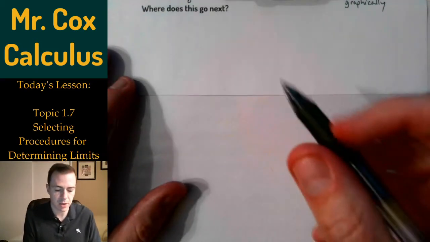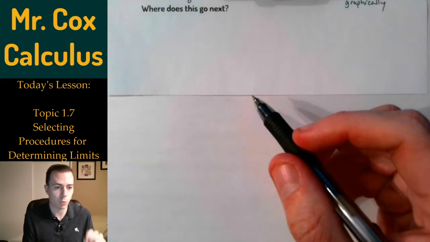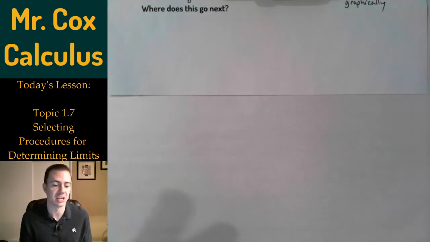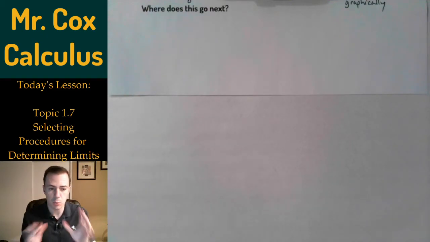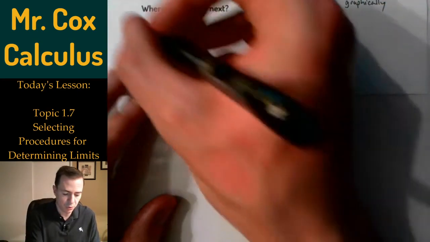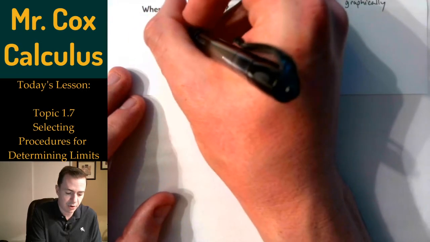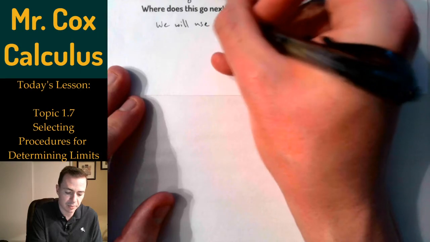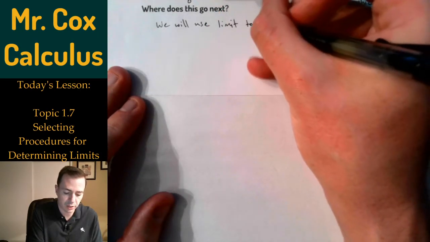All right, let's talk about where this goes next. We have one more thing to look at in topic 1.8, a very special scenario that we can use to evaluate limits. In topic 1.9, we'll bring it all together and connect all of the various ways we have of representing limits. And then what we'll do in the very near future is we will use this idea of a limit to formally